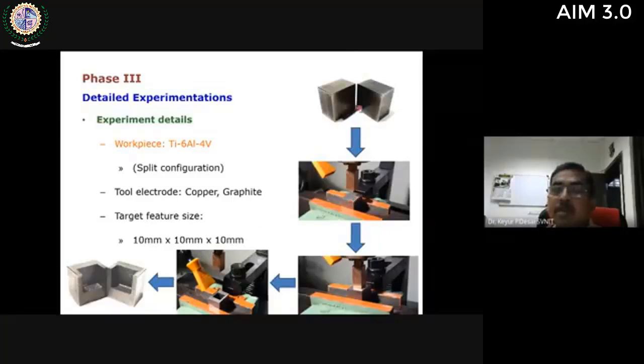The reason behind this is, after carrying out the machining, the ease of measuring surface roughness was available if the workpiece is normally kept split into two parts. These are all finely finished surfaces, matching surfaces, and dimensional accuracy was also targeted properly. And we wanted to generate a cavity of 10 by 10 mm size up to 10 mm depth using a tool having cross section as 9 mm by 9 mm.